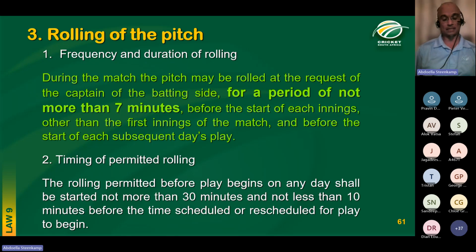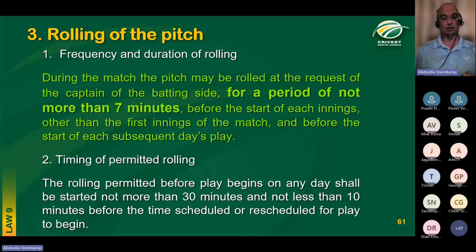rolling can take place. And again, practically what happens before the day starts: once the team gets to the field, the fourth umpire will go to the batting captain at the time and ask, do you want rolling? If yes, how long do you want rolling? And which roller do you want? So let's say the captain tells you big roller for 7 minutes. The fourth umpire will then relay that information to the curator, who will then roll the pitch for 7 minutes